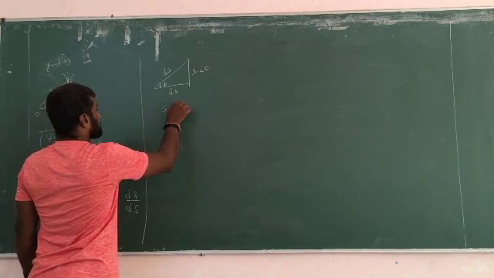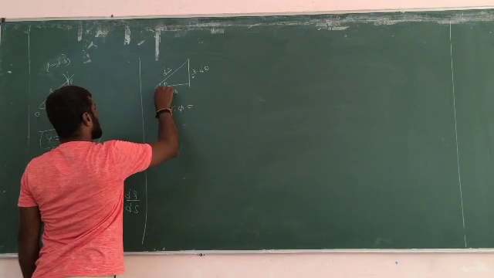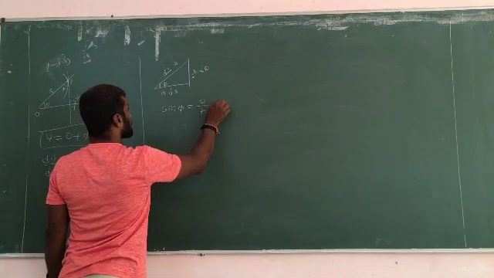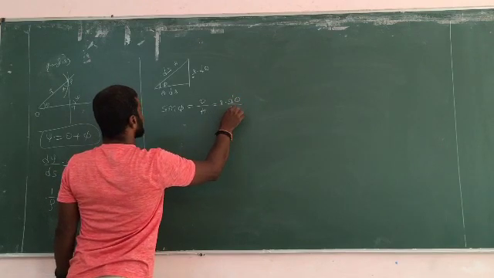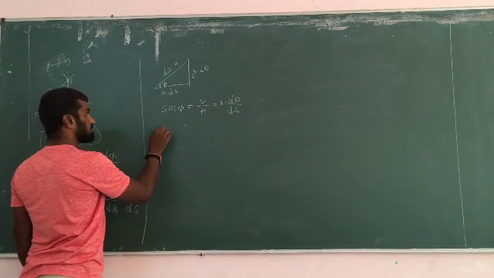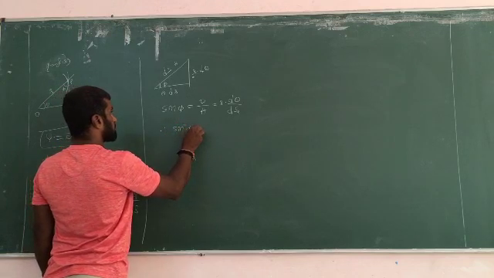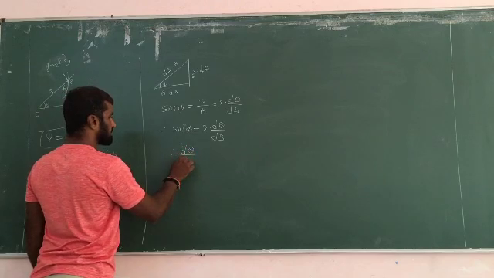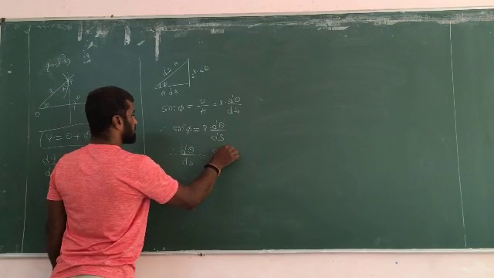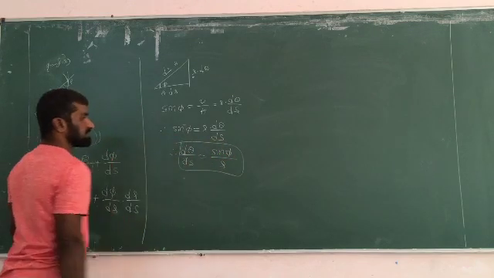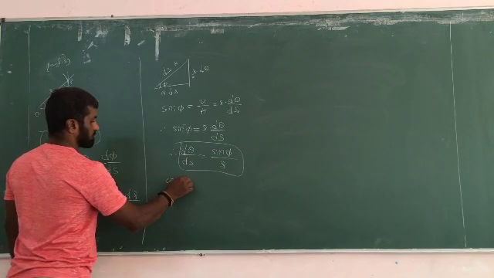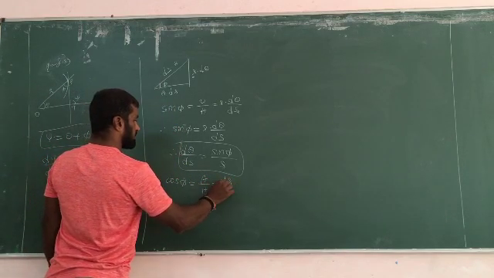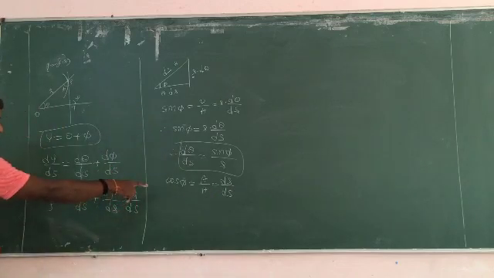You can define sin psi. This is the angle, opposite side, adjacent side, hypotenuse. So sin psi is equal to O by H. O is r into d theta by ds, right? So sin psi is equal to r into d theta by ds. And again we have d theta by ds equal to sin psi divided by r. Similarly, cos psi is A by H, dr by ds. dr by ds value is this, right?